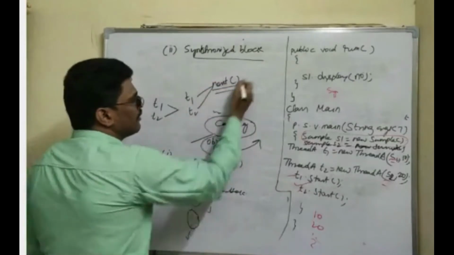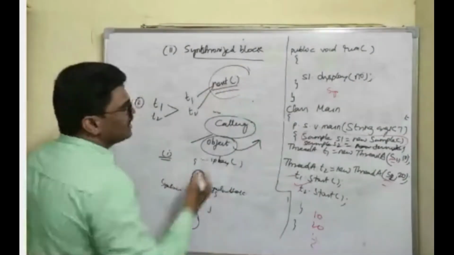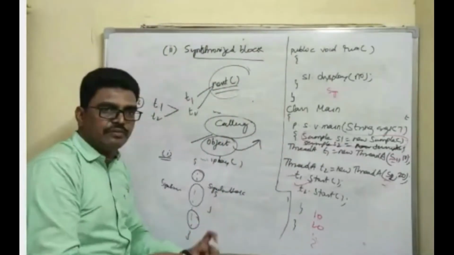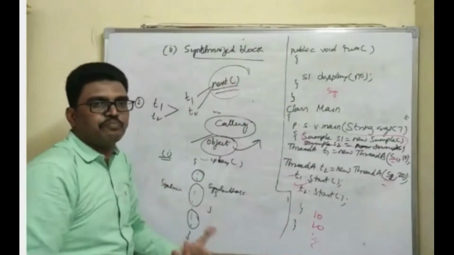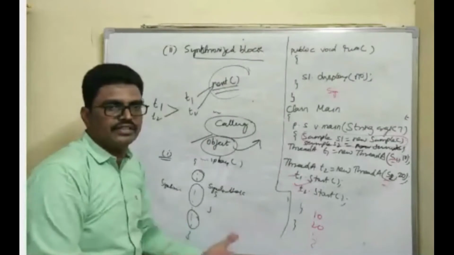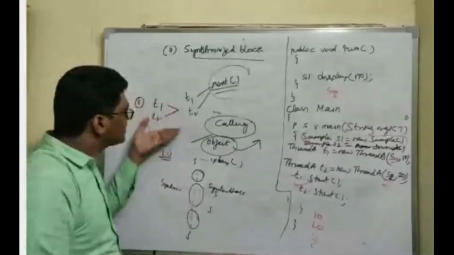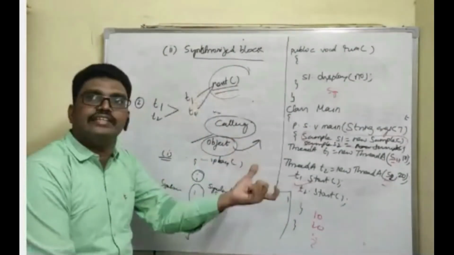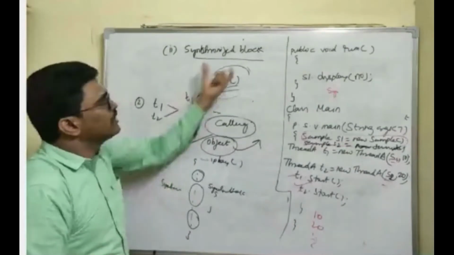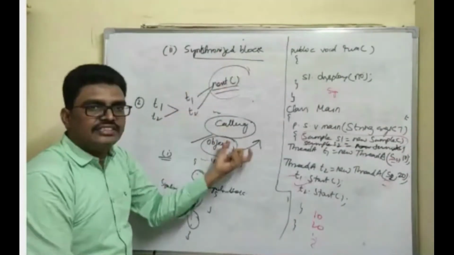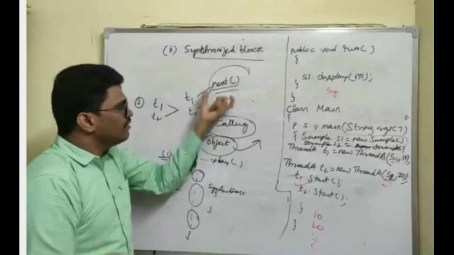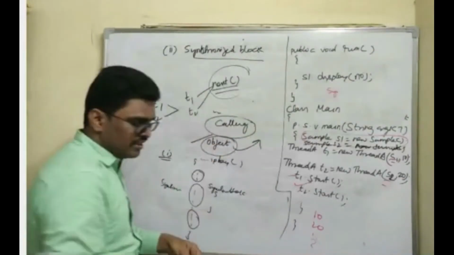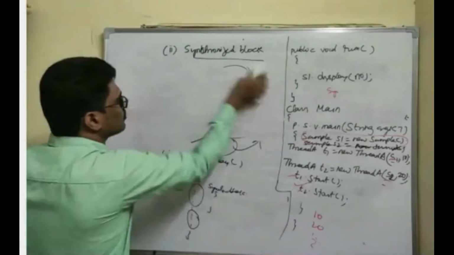I want to put it in a consistent state. I cannot go to the nextLine method which is already defined in Java and put a synchronized keyword before it. It is not possible, because it is defined by someone else. When your threads are accessing a method defined by someone else, there is no possibility of putting a synchronized keyword before it. So that's why we use a synchronized block, such that whenever you call that method through the object, that object gets synchronized. So those are the main 2 purposes of the synchronized block.